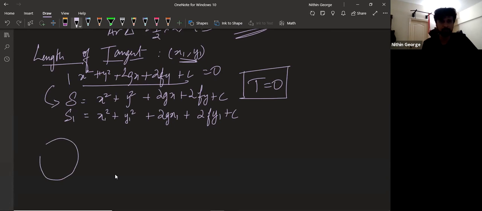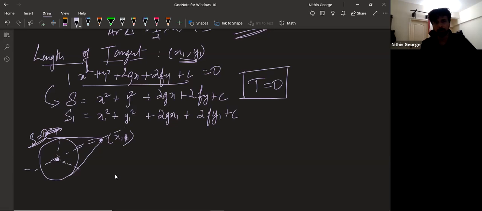Look, you have a circle given to you. Any circle, x square plus y square plus 2gx, so S equal to 0 is given to you. And from a point x1 comma y1, you have to find the length of tangent. What do you mean by length of tangent? From a point, remember, you can draw 2 tangents. Here is how you solve problems using that: you draw this midline through the center. You connect this point and the center, you get the midline. Now you draw a perpendicular from this to the point of contact. Okay, this is what you get.